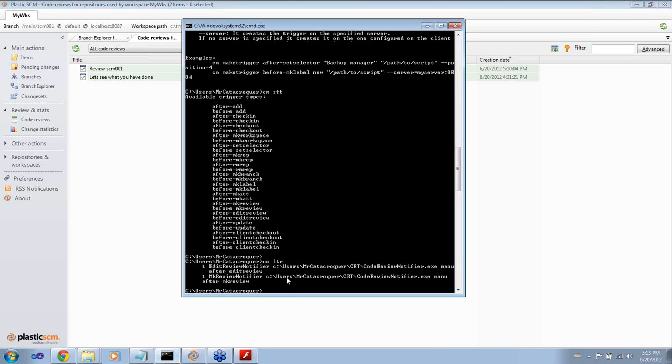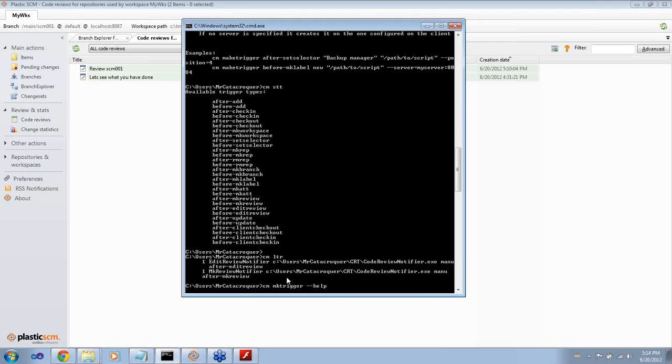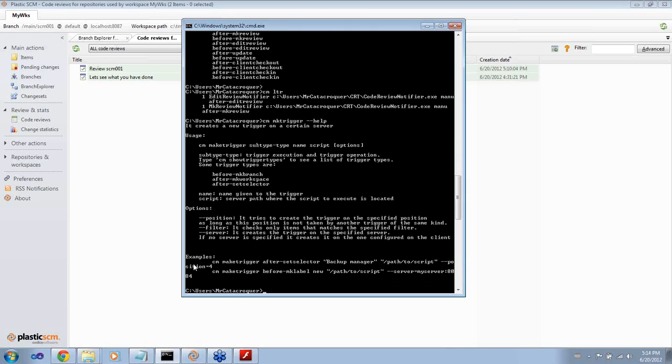Okay, so it's very useful if you are not sure how to create a trigger or how to issue one CM command. Remember that every single command has a --help modifier that will give you some examples about how to use the command. So in this case, I want to make a trigger, but I cannot remember how to do it. So I issue the --help, and I can remember how to create a trigger. So CM and create trigger. In this case, it will be before check-in. So I choose before